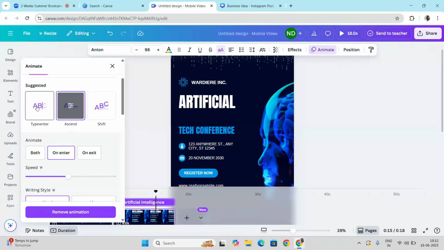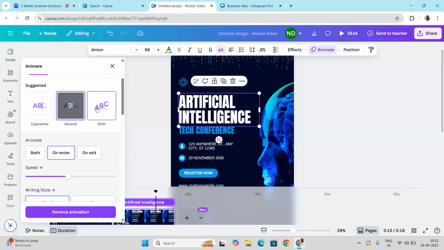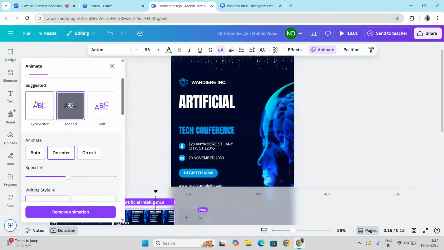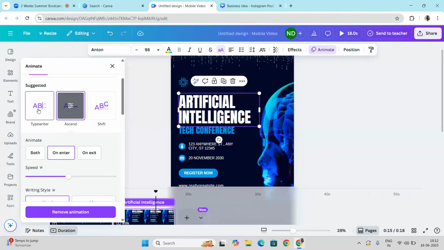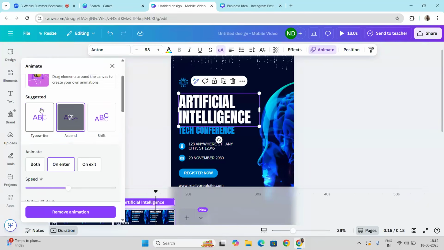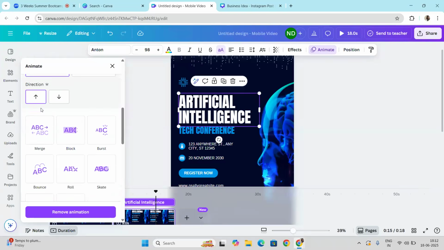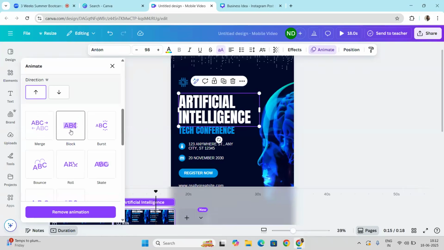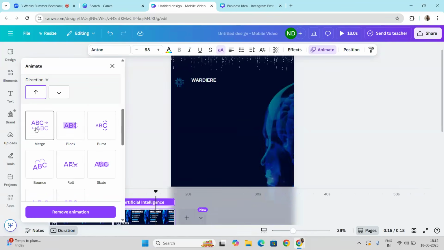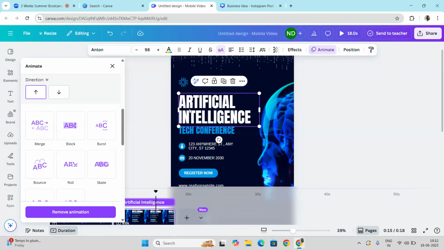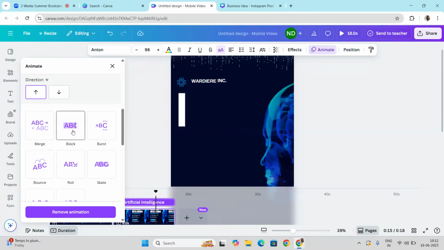Here you can specify the intro of that particular text, like how it will appear. You can select any of these. I have just selected the words artificial intelligence, so you can see whatever animation I'm choosing is only applying on that text box only. So this is for artificial intelligence.